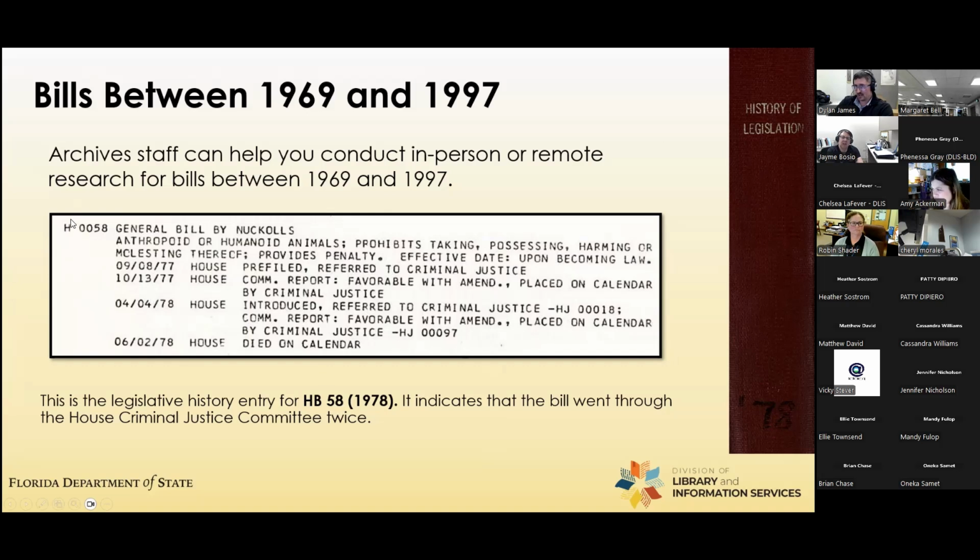Sometimes they just put an H or an S for House or Senate. And this will show the history. So this is actually that same sort of history that was on the Senate's website, just in a printed form here. So the way that we would find it from there is you would see it went through on October